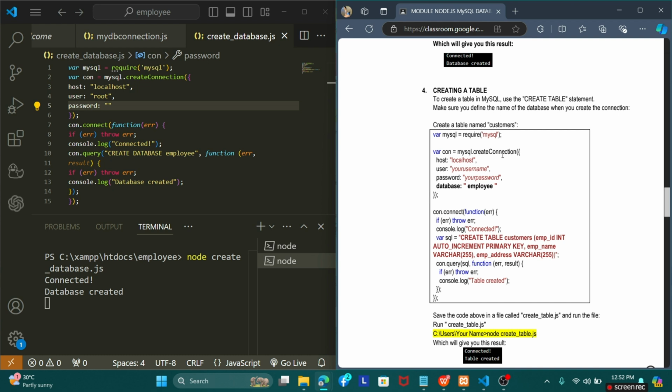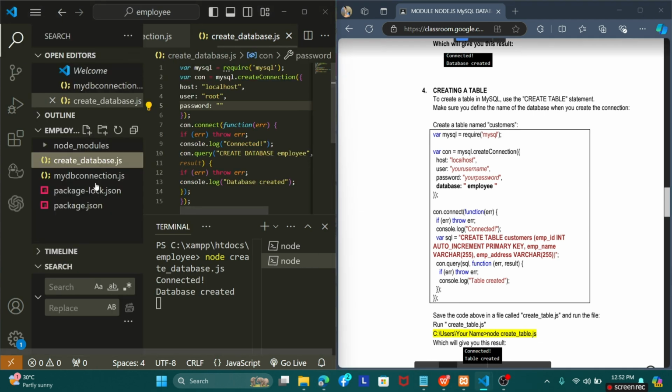We're going to create the customers. Another file again. Create table.js,